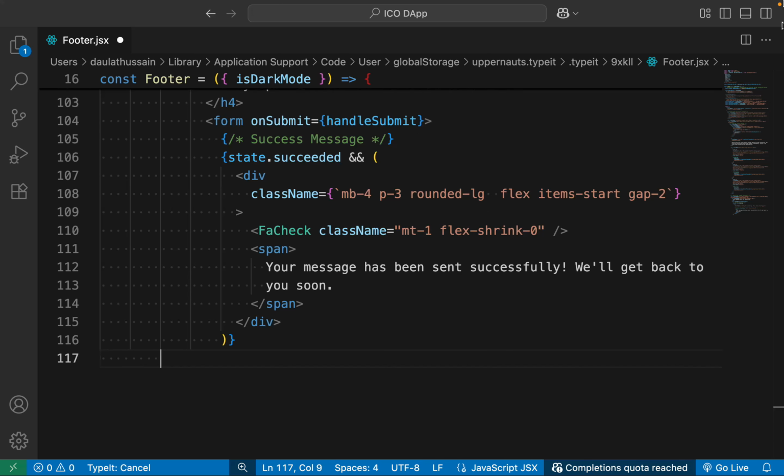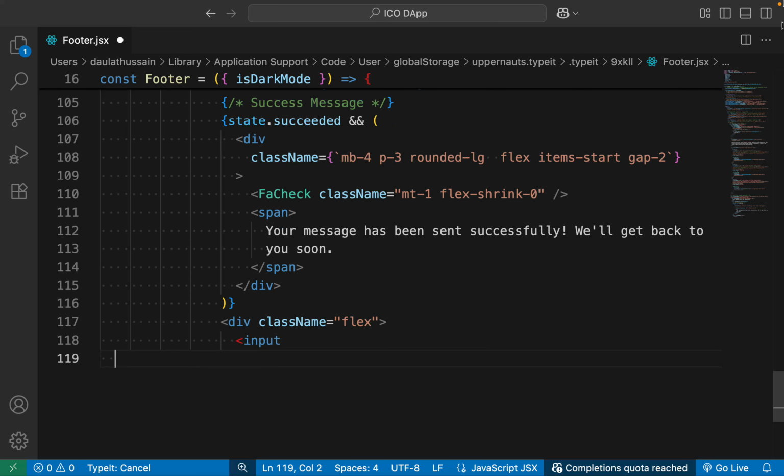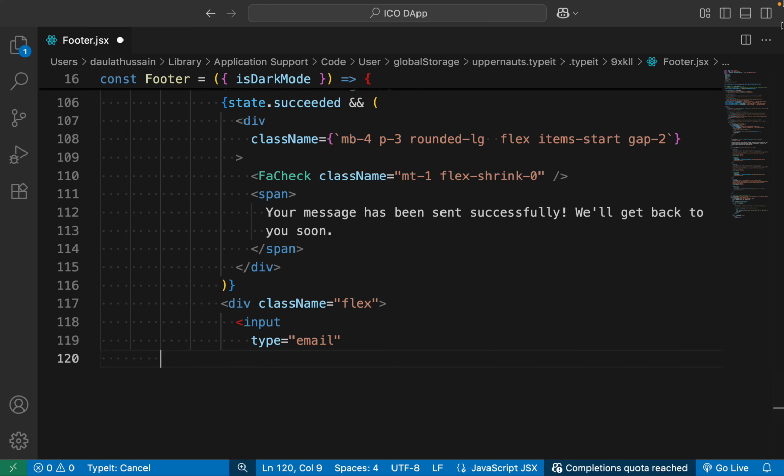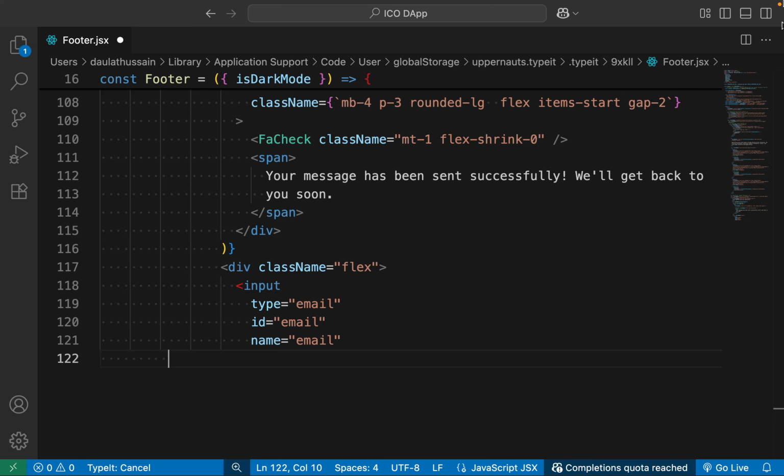Now we can take a div. It will have a classes. So let's apply the flex, and in that we have to display the input field where the user can put the email, and let's assign the type. It's going to be an email. Let's assign the basic properties. Let's give the class placeholder,